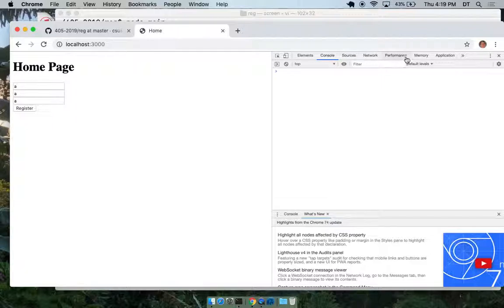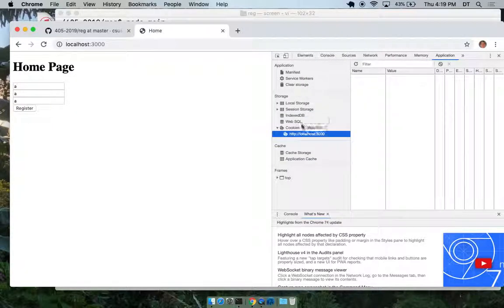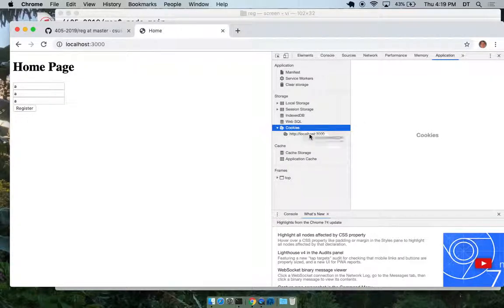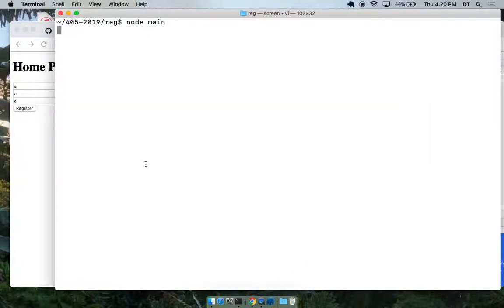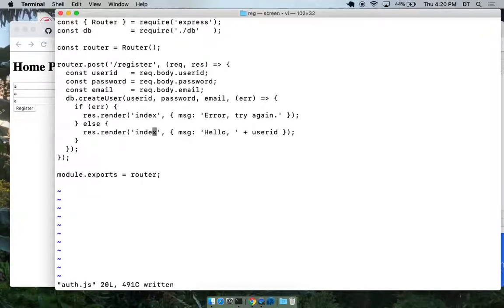And by the way, just to show you, under application cookies, there should be a session cookie in here that we use for log in, log out. I don't see it there. That means we have to configure the session cookie. Otherwise, we can't get that session object to store the user ID and so on. But we don't need that for this, so let's just test this for now.